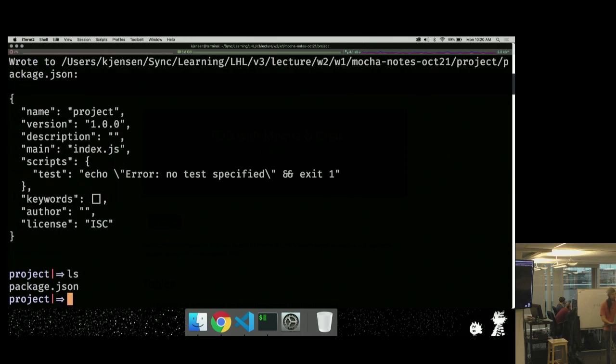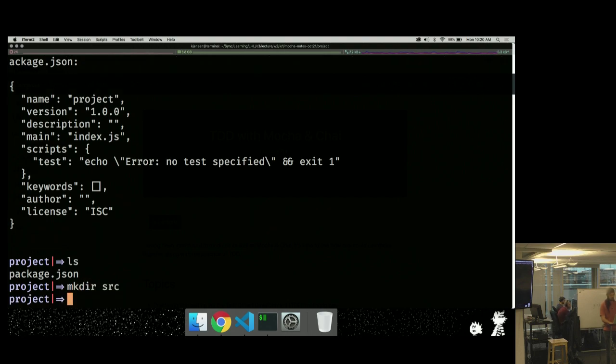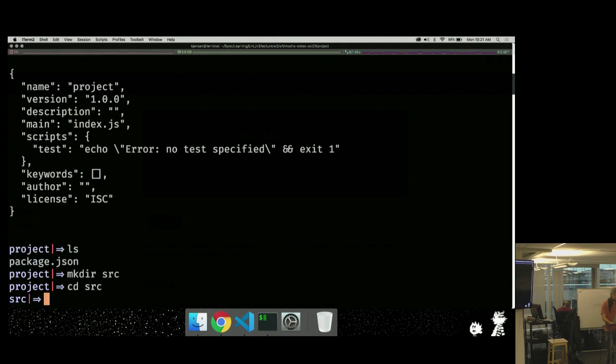Right, I got my package. I'm going to make a new directory, and in my directory, this is going to be a module that has a source directory. I like to do that. I like to put my code in a source directory, but you could just leave it out if you want. And in my source directory,